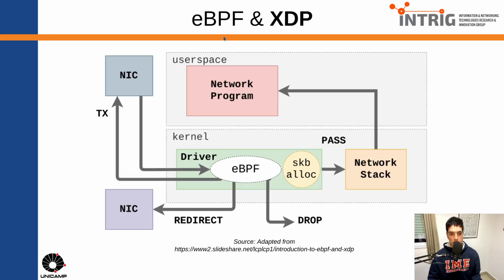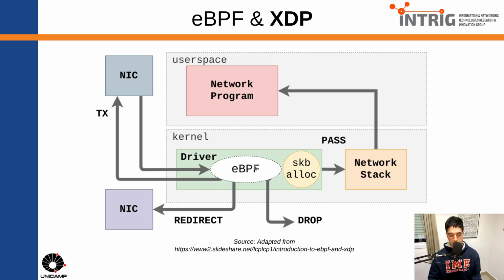So what is XDP? XDP is a hook point, but it's located in the driver of your NIC. It's a special hook point that's located in the driver of your NIC. So it's important to say that this program is run before the socket buffer allocation. The socket buffer is a structure that stores the metadata of the packet. So before allocating the socket buffer, the program is executed,